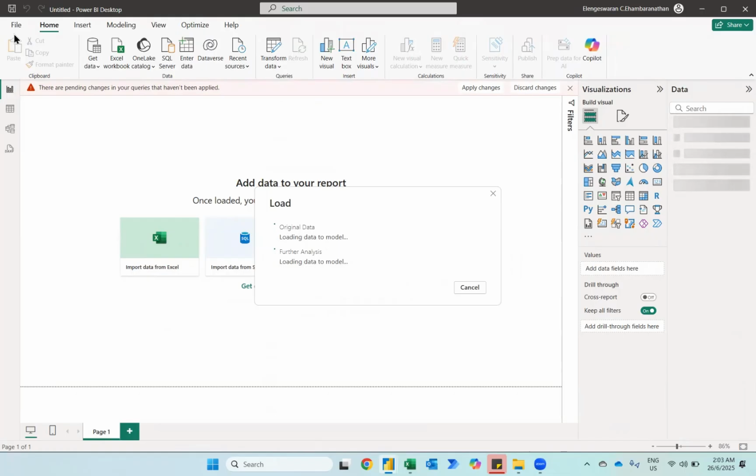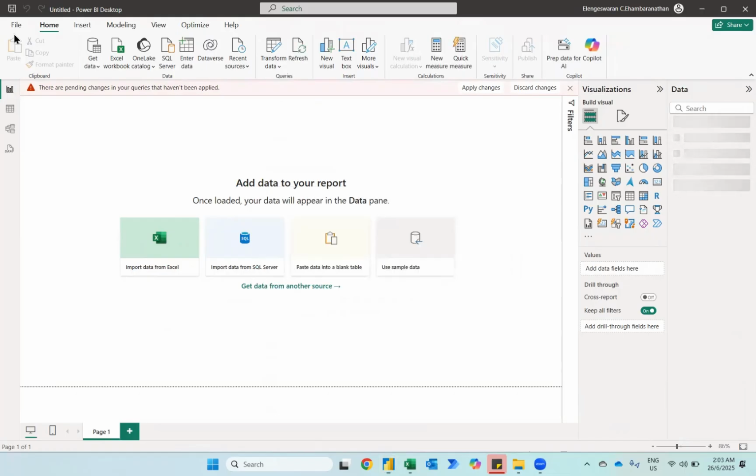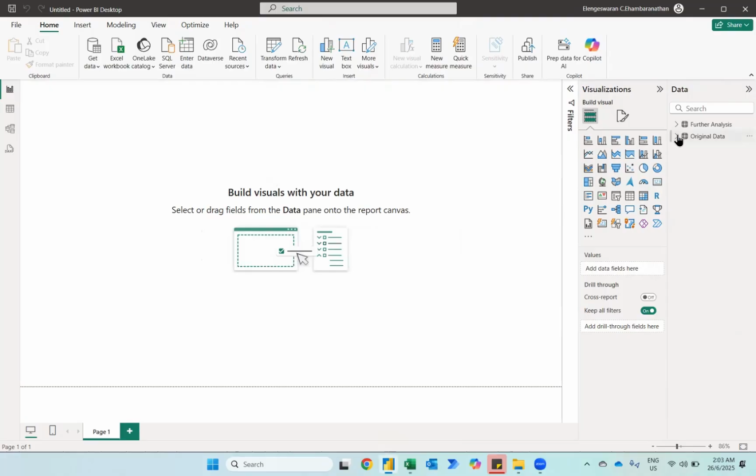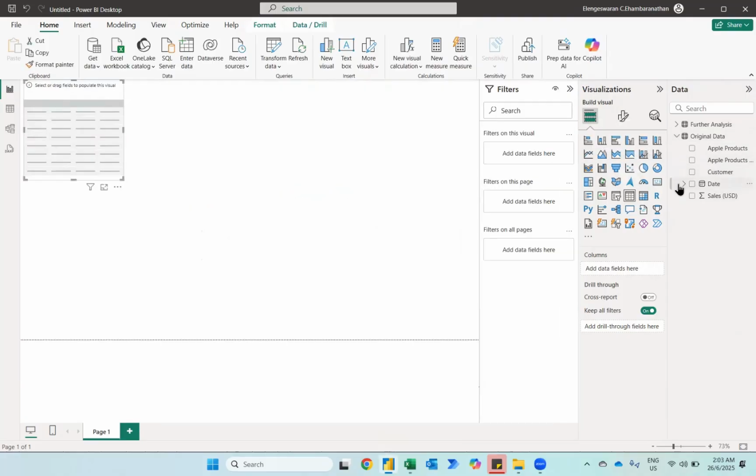And then what I want to do is some analysis. I actually want to know what they did, what they purchased, and so on. So I'll just go to the original data. So now we do have this information over here. I click a table. So from this given table, I actually